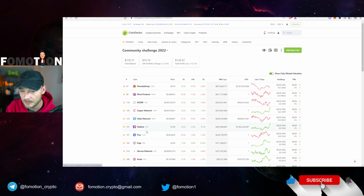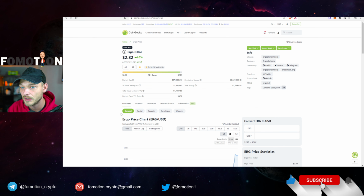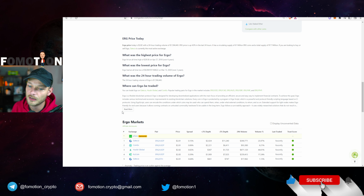Then we had Kadena, Flux. We have 2 to go, and it's 30 minutes already. Okay, I'm gonna speed this up. So we have ERGO. I don't know a lot about ERGO. ERGO is a flexible blockchain protocol. ERGO is designed for developing decentralized applications with the main focus of providing an efficient, secure, and easy way to